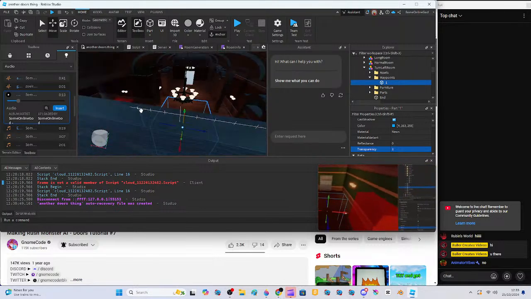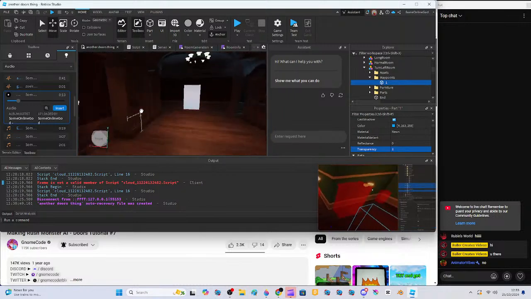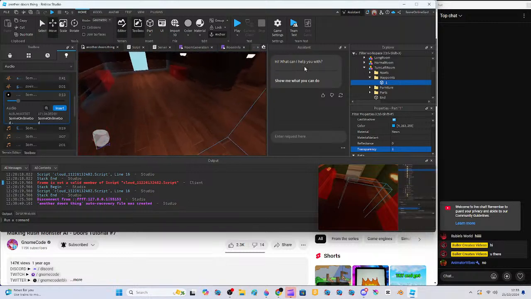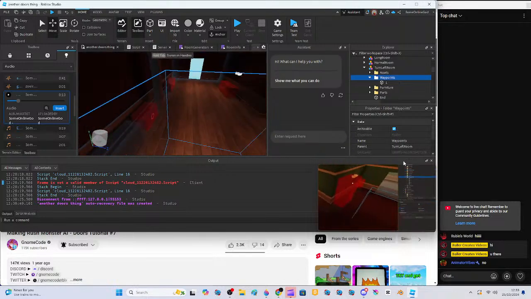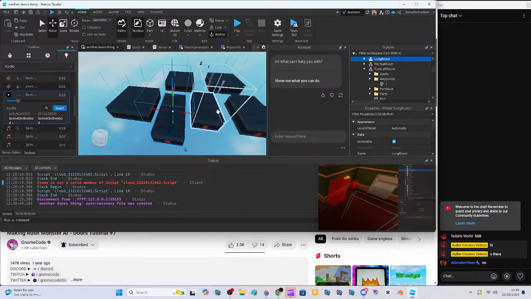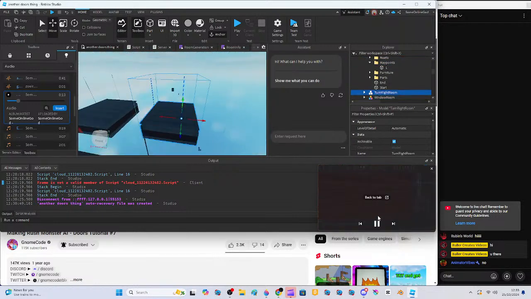And so once you've got all of these waypoints, you could select them all like so. 1, 2, 3, and 4. Add them into a folder and name them waypoints, which you see I've actually already done. I already had another set here. So now I've got 2 sets. I'll delete one of these. But there you go. So we've got our waypoints, and we need to have this for every single